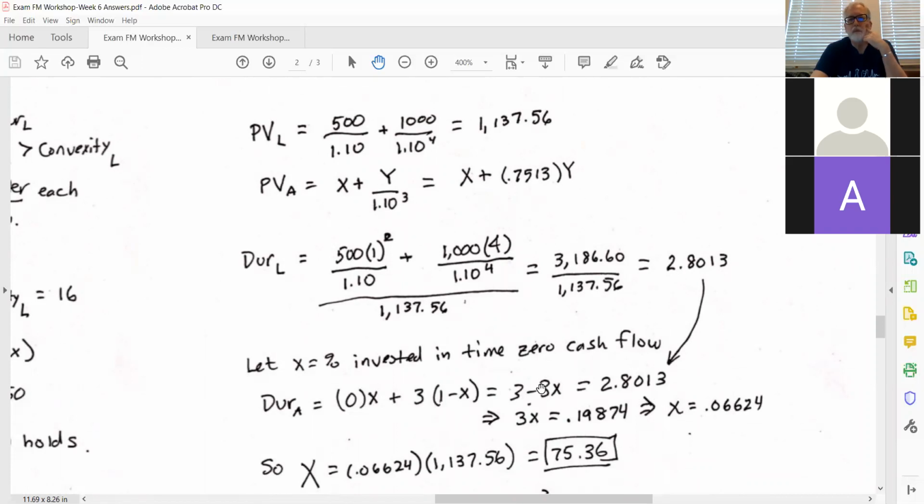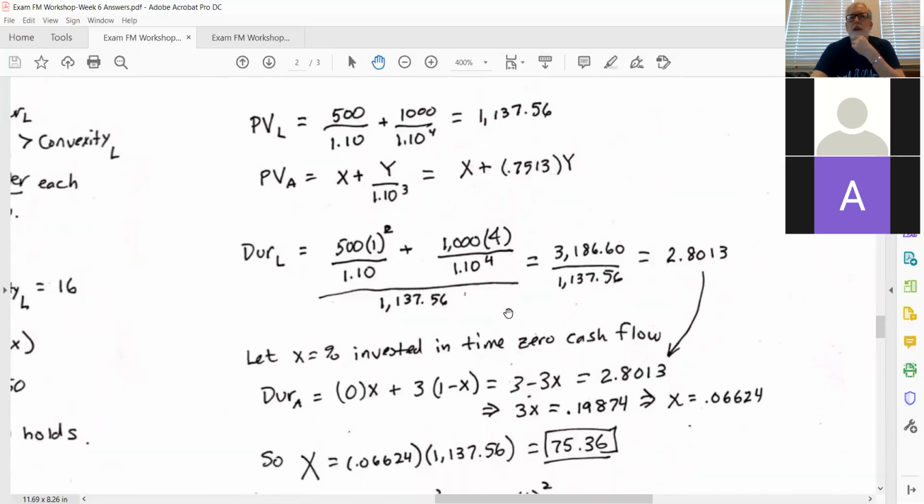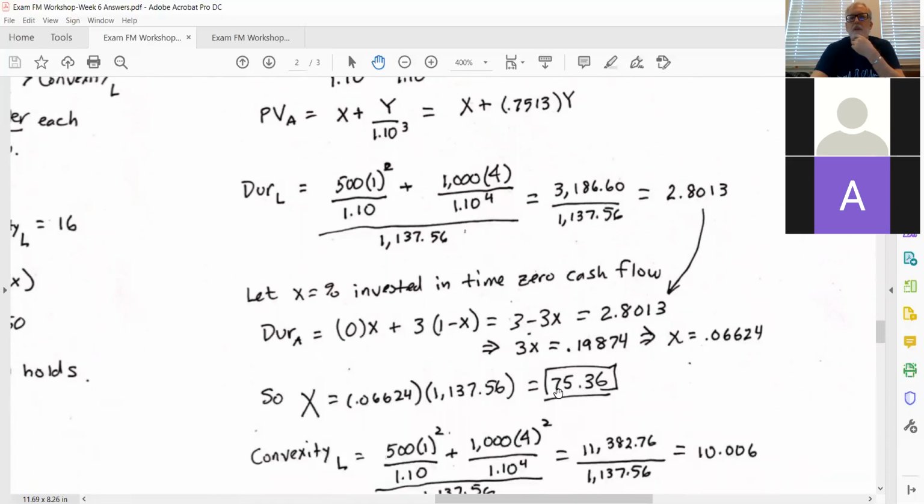If you distribute that through, you get 3 minus 3X, and then you set it equal to the duration of the liabilities. From that, you get 3X is 0.198. So X, the percentage invested in the time zero, is a little more than 6%. And that times the present value of the liabilities says the asset that comes in at time zero will be